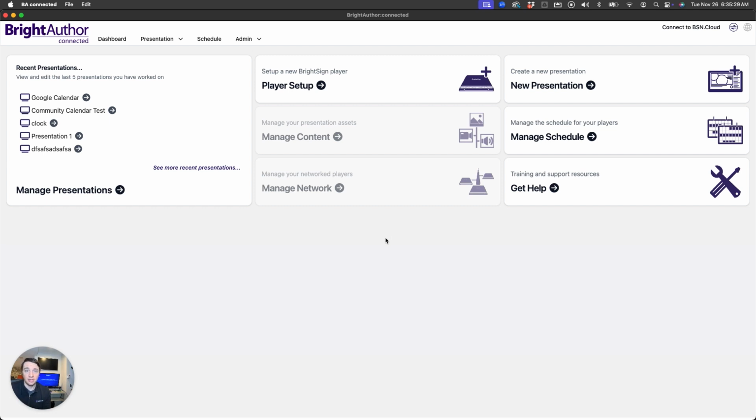So Bright Author Connected looks something like this. This is the dashboard version, and you can see up here you can connect to BSN Cloud and send your presentation up to the cloud and send it over to the devices. But we're using a local networked approach, which means that we are going to use this software to control that player. So the first thing that we're going to do here, now that we have this software downloaded and installed,